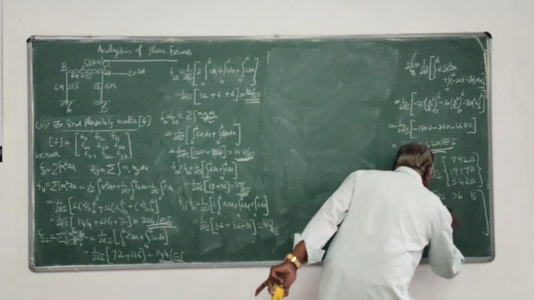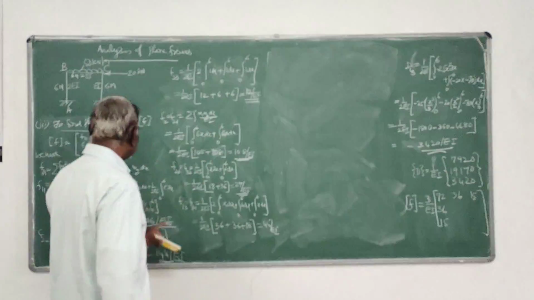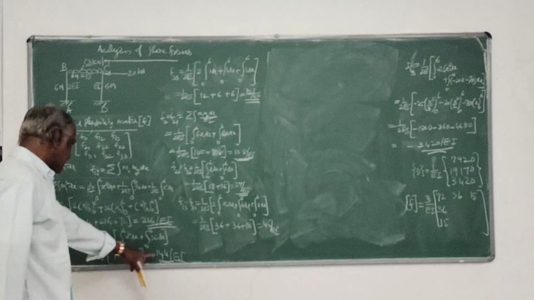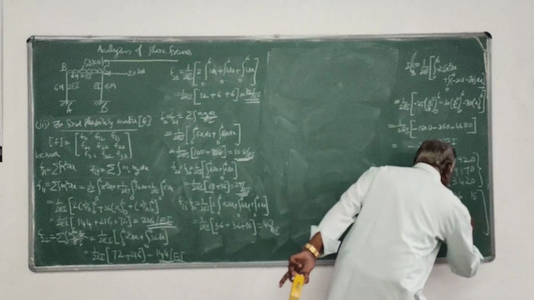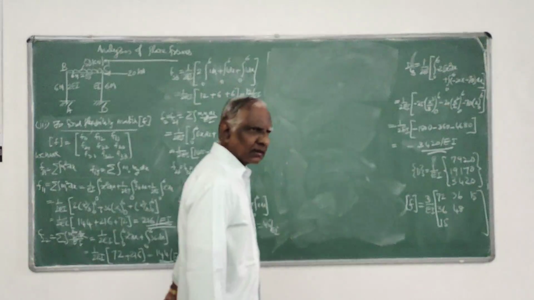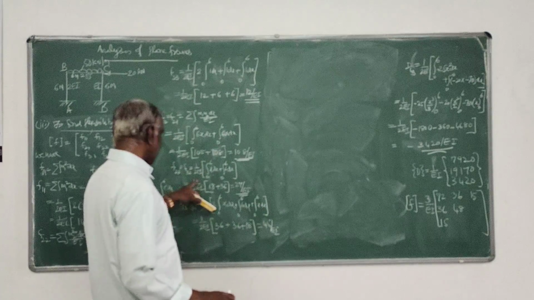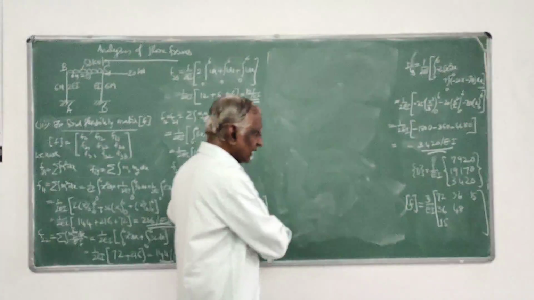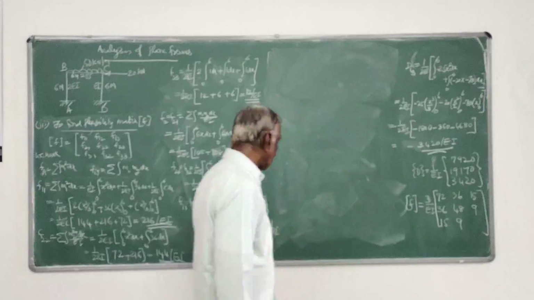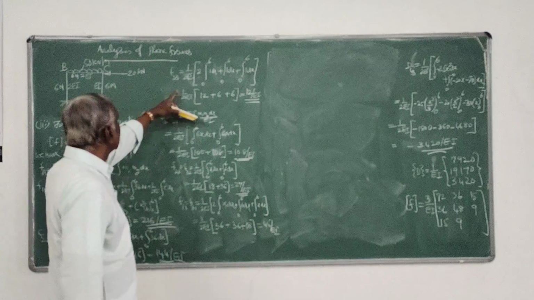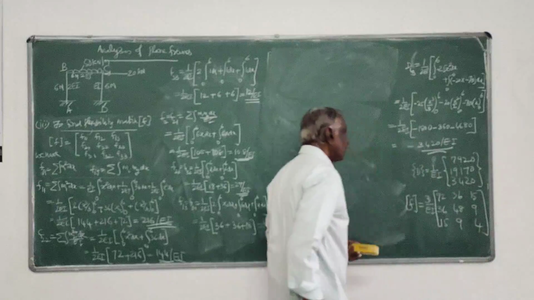So this has to be 36, 15 because it has to be symmetric. F22 is this 144, 3 I have taken outside, 48. Then F23 is here 27, I have taken 3 outside, so this is 9. Then lastly, F33, it is 12, 3 I have taken outside, so it is 4. That is my